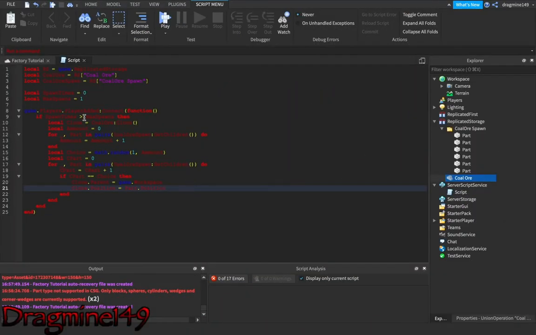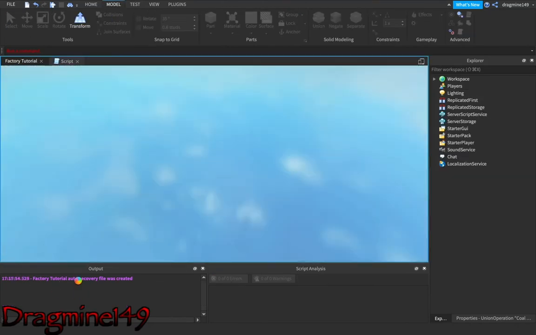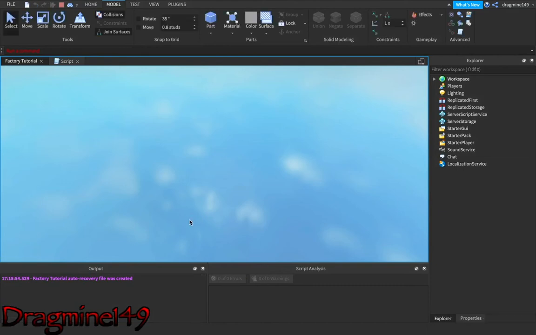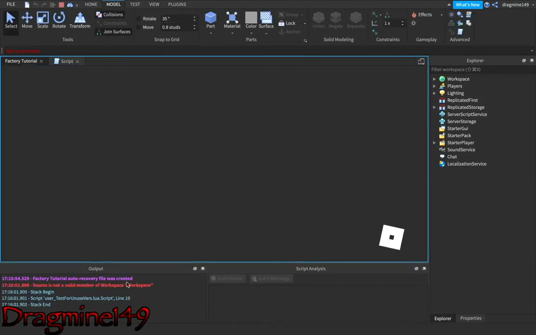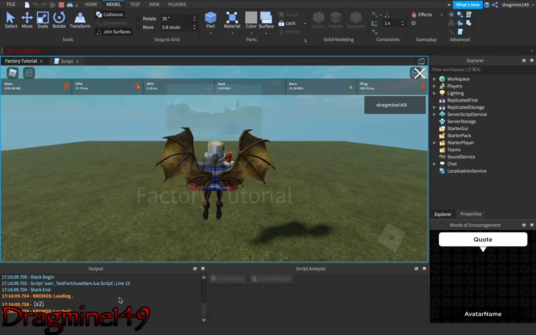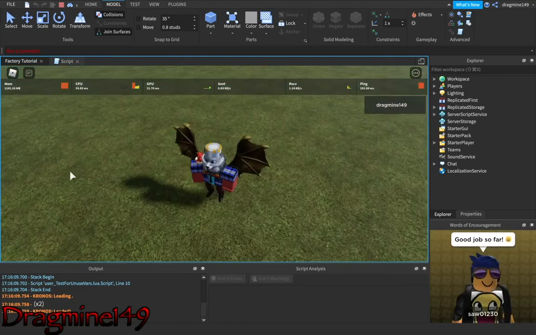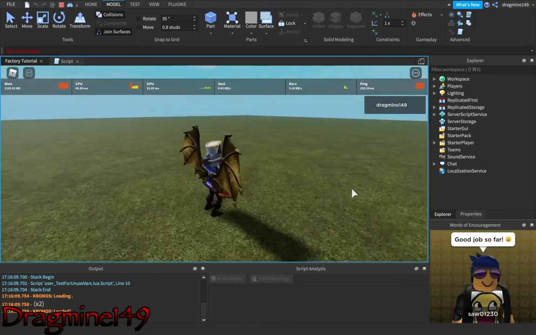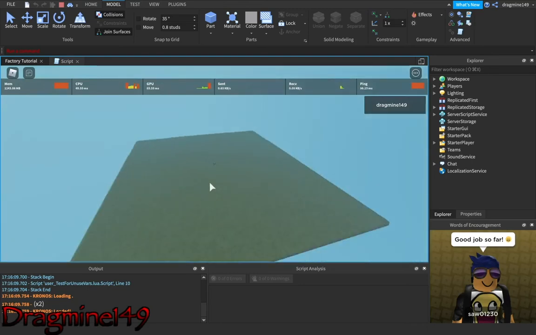Now time to test it. I bet I'm going to get this wrong as I've done that wrong. But we'll see. The output is down there. It always quits that auto recovery file. Oh yeah, I forgot. Don't worry about that. That's a plugin I tried to make but failed. Well, actually, I didn't fail it. I just haven't made it.